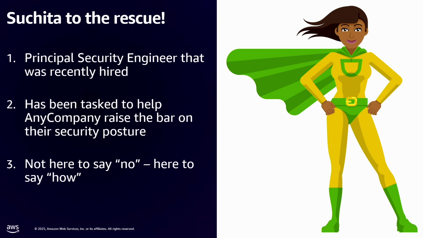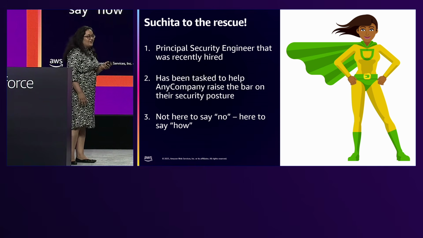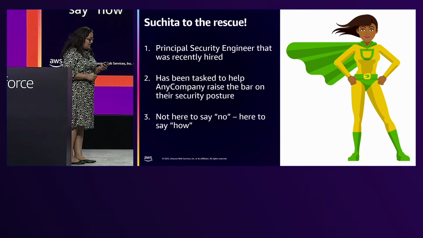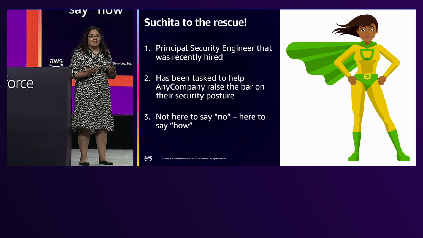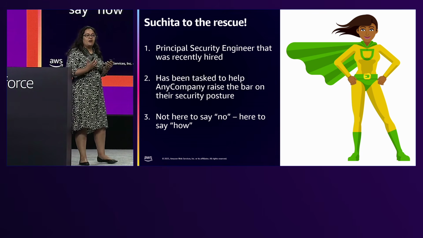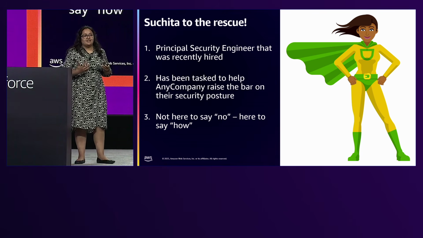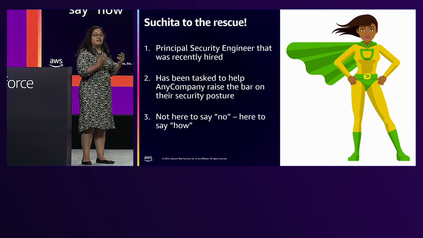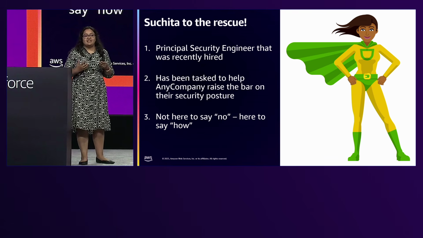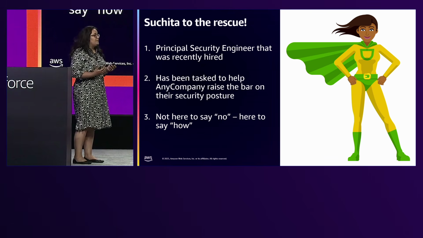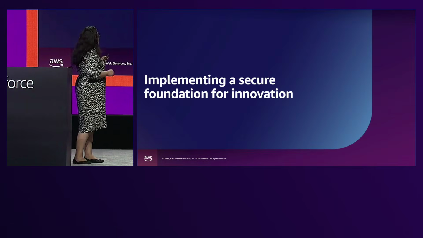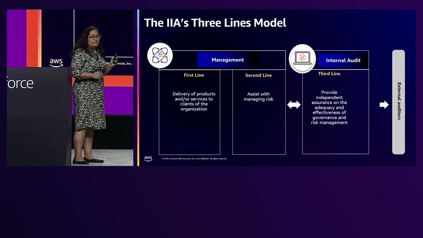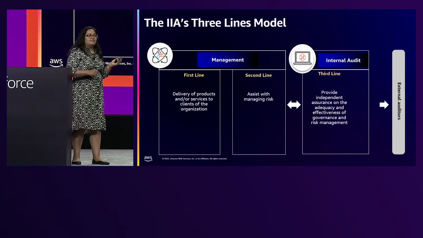There you go. Thank you, Greg. So I am the acting security engineer because clearly I'm a product manager for any company right now. And I'm just coming in and I realized, as Greg mentioned, that security needs to be part of your culture. And that's where I want to start in any company. I want to start with setting up this framework, this culture where teams like Greg can look at security as an enabler, not something as an afterthought. So to do that, we would be implementing a secure foundation for innovation. And the first thing that I want to bring to the company, any company, is this model.